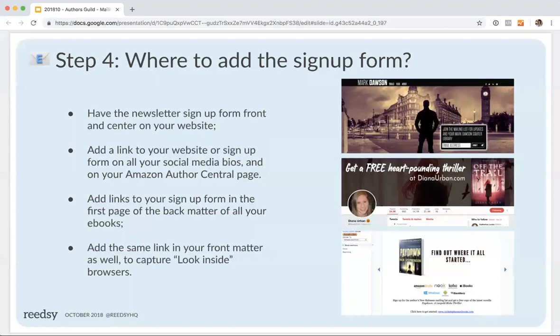But you probably want that sign-up form front and center on your website. I know a lot of authors want to push the books they're selling first on the website rather than a sign-up form, because they want to get sales on their books. Makes total sense. But think about it this way: if a reader lands on your website, in 90% of the